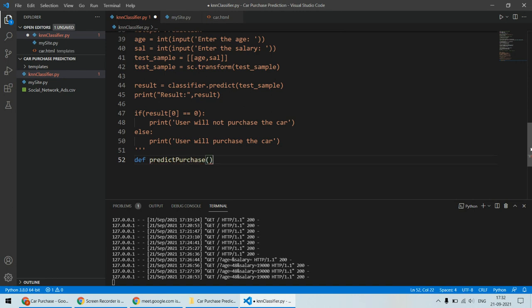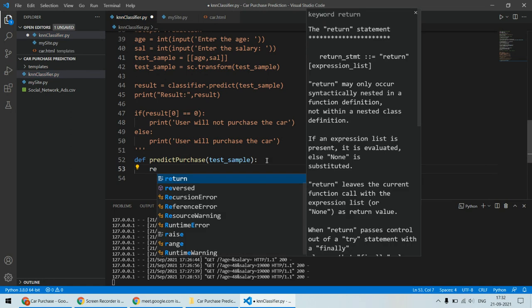So let's create a function, and the test sample will be the input to this function. So what are we effectively doing? We are creating a function, and this function will be called only when we make a call to this particular function. And here the test sample will be the input to this function. Now we can use result equal to,